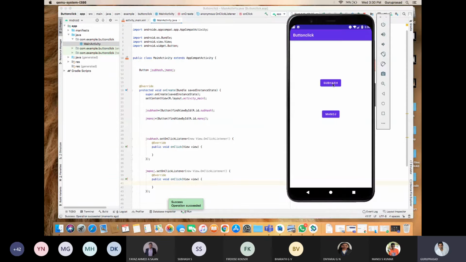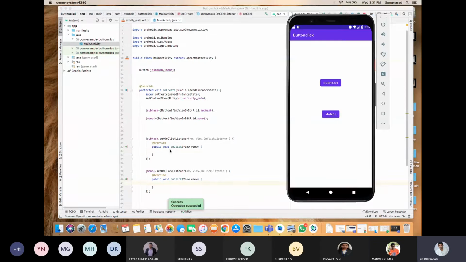Now see here, Subhash button on clicking. Anything happening? Any action taking place? No. Manoj button, anything happening?